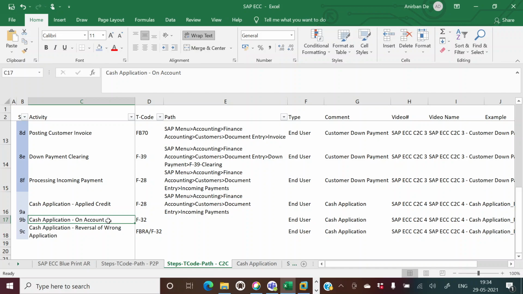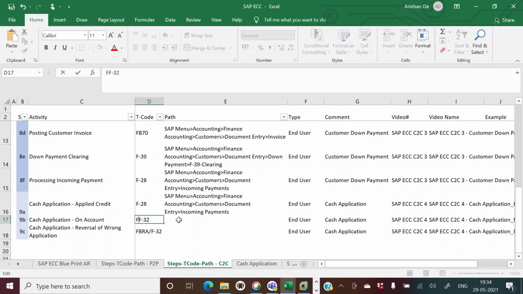When we do the on account payment, the T code is F-28, and when we do the clearing after having sufficient information from the customer, we use F-32, right?